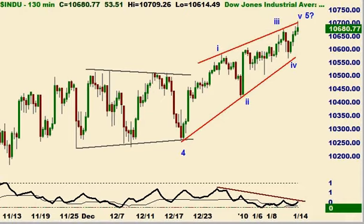It's possible we're heading into a fifth of a fifth in the Dow in a diagonal triangle. That's a terminal pattern. It's certainly possible that we could go a little bit higher as well, but it's worth noting here that the Dow